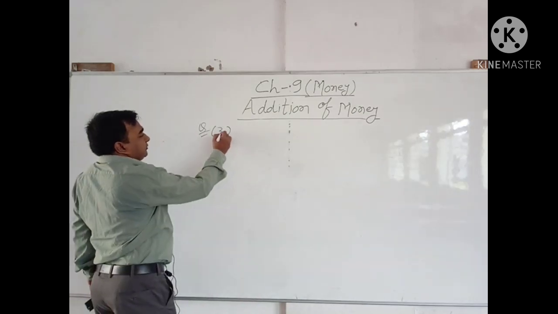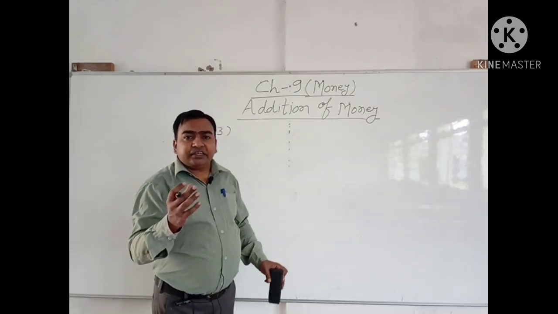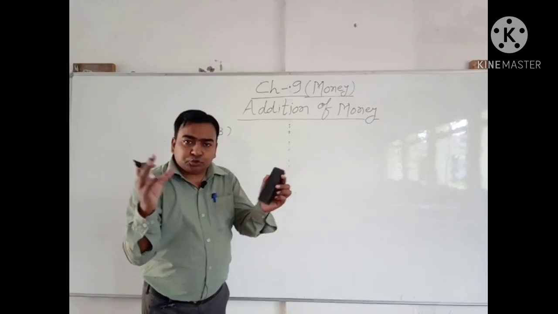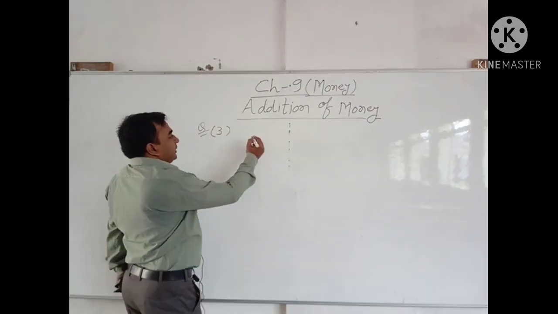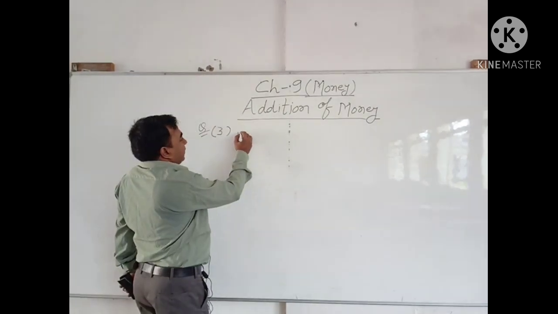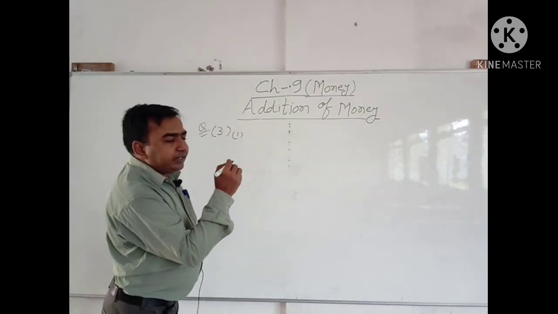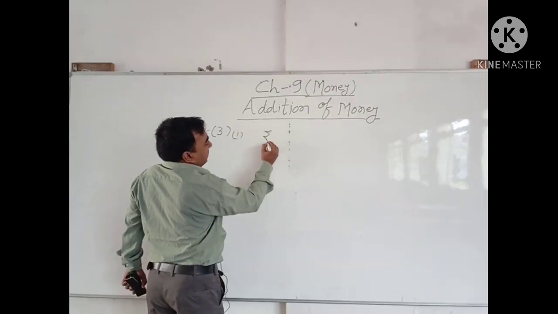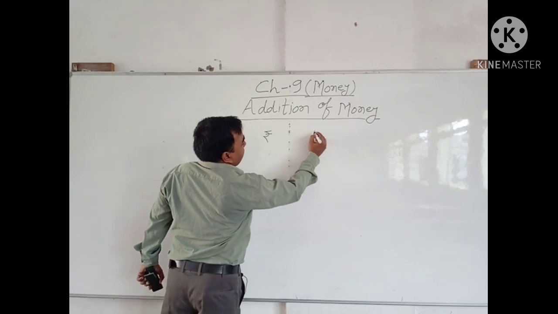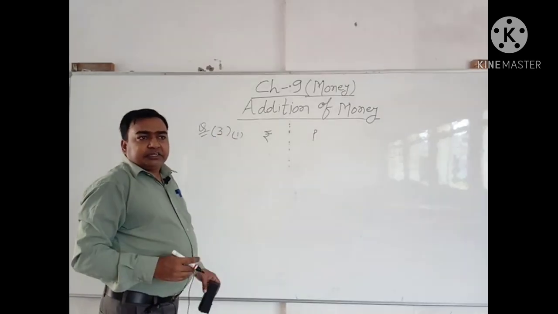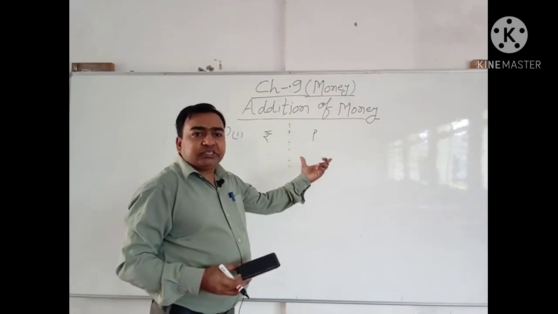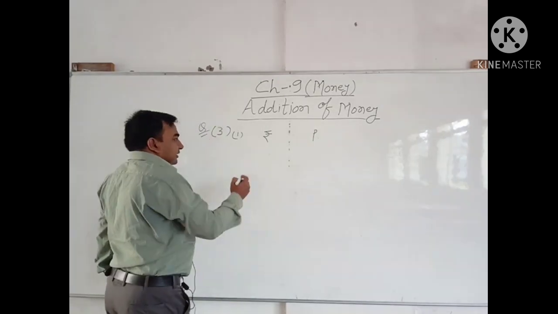Next question is how can we add rupees and paise both together? Just suppose that I am writing in the same rupees and paise. Suppose that